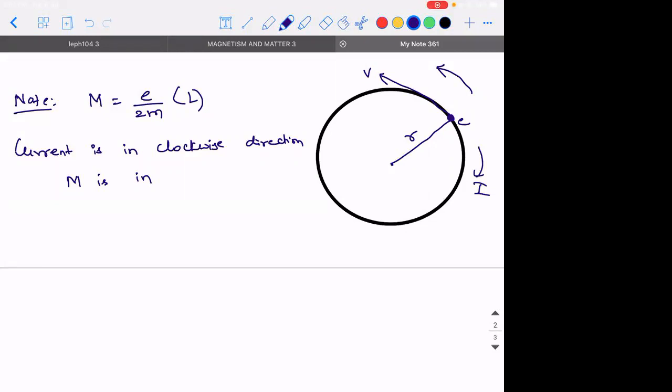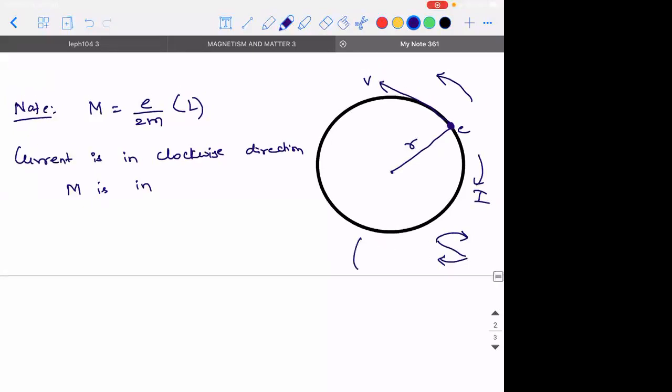Anti-clockwise, sir. No. I've told this already. Revisit your notes and let me know. I would have given a separate theory on how to find the direction of magnetic field, when I explained the clock rule. If you want to know what the clock rule is, this thing is the clock rule. Sir, but the electron is in the anti-clockwise direction, sir.